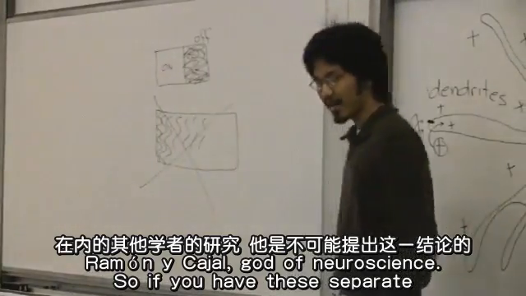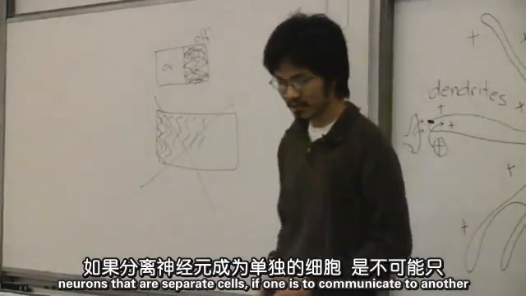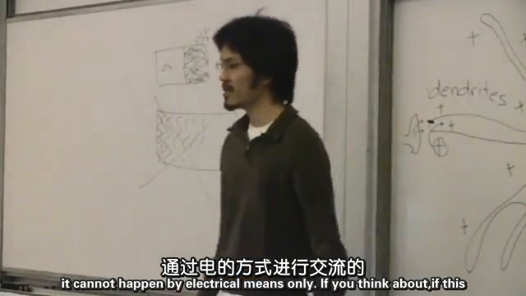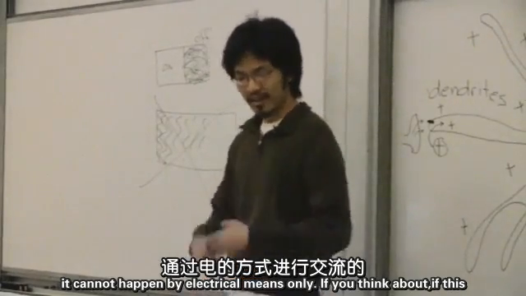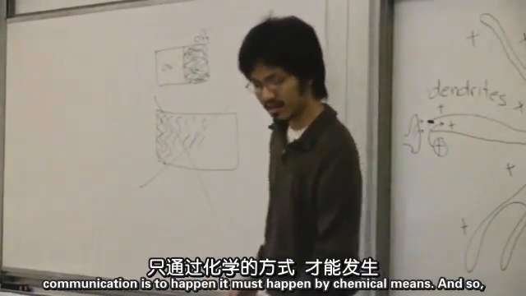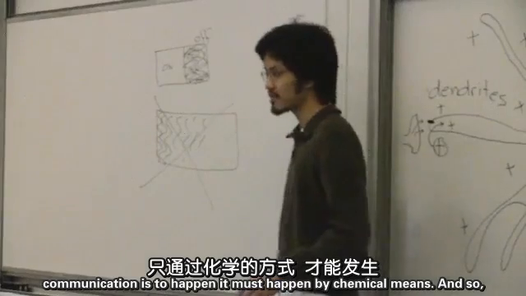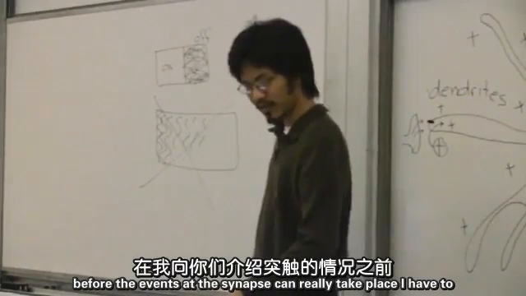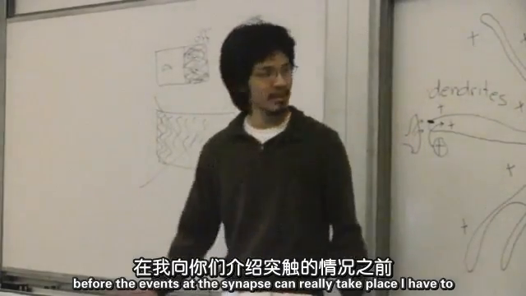So if you have these separate neurons that are separate cells, if one is to communicate to another, it cannot happen by electrical means only. If you think about it, if this communication is to happen, it must happen by chemical means. And so before the events at the synapse can really take place, I have to